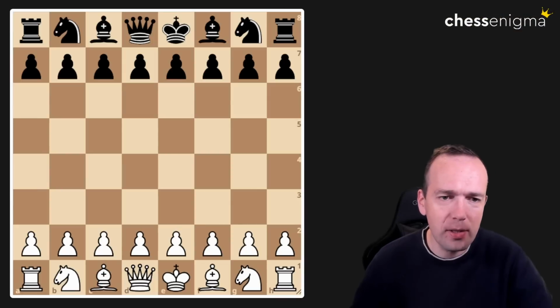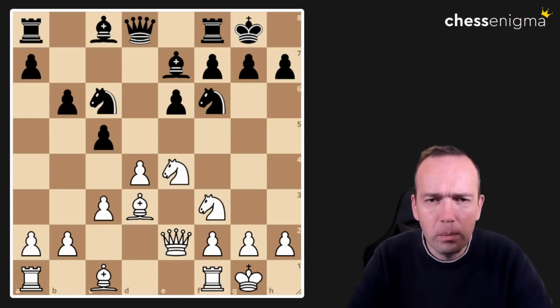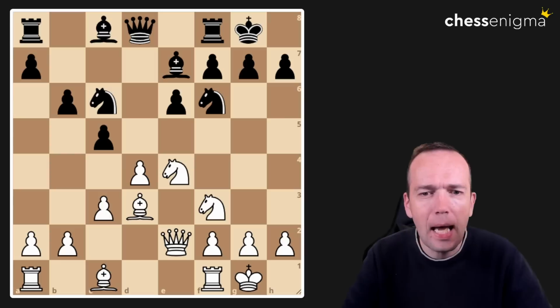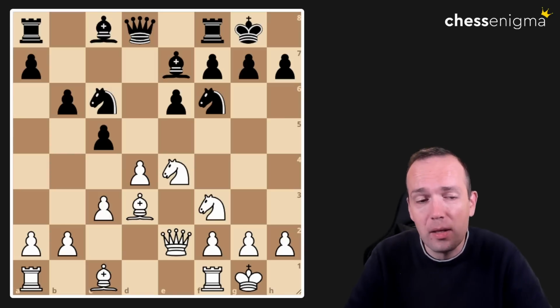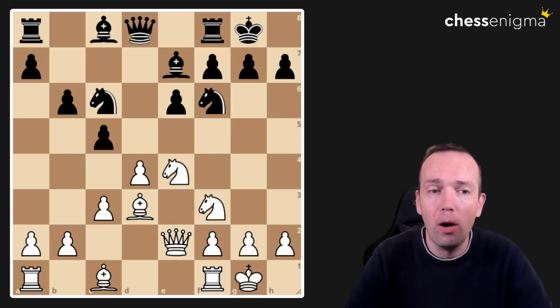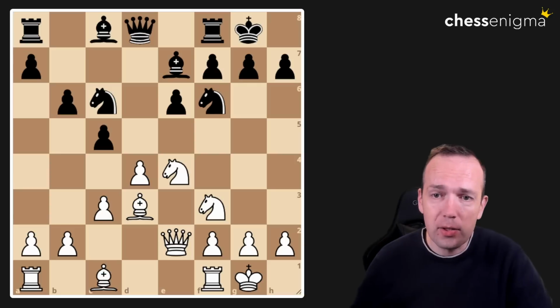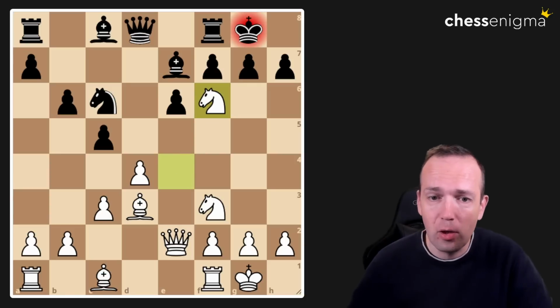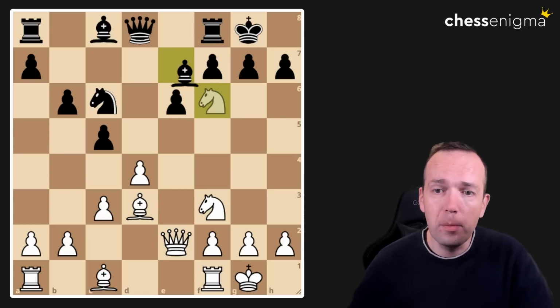Here we go. We are going to start with the first one, and this is the so-called double attack. What does it mean? It means that you are targeting two things at the same time, and this is a very popular motif and quite often missed at the club level. Here, white is to play. White starts with the move knight takes on f6. The point is we're opening up the bishop here, hitting the pawn on h7,